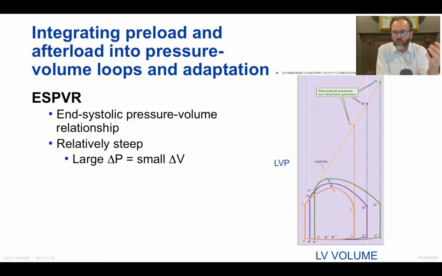And so when we start to look at the integration of preload and afterload into these pressure volume loops and the adaptations that occur as a result, what we do is we take this end systolic pressure volume relationship, and we plot that out here over varying pressures, and you can see we have a nice linear line here for the end systolic pressure volume relationship at varying volumes, and you can see that this line is of course relatively steep, right? So we can have a relatively large change in pressure resulting in a relatively small change in volume, and of course that's critical because then beat-to-beat modulation